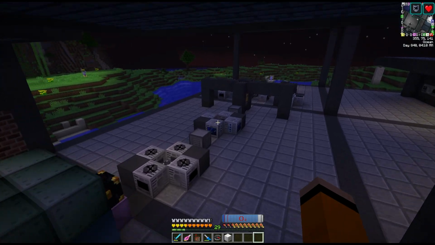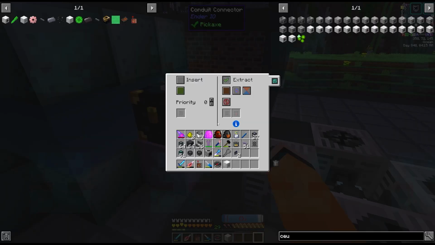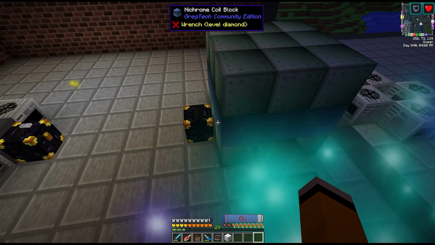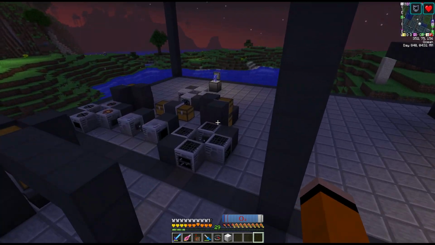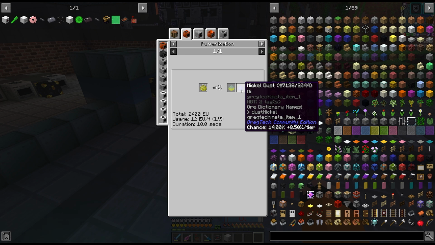Cool, so now that we have upgraded power, I would like to upgrade our ore processing, as this has been a bottleneck ever since we set it up. I have actually turned off this multi-smelter for now. But we have to decide if we want to keep it at EV or if we want to upgrade to IV machines. And the benefit to upgrade the machines to IV is we're actually going to get a better chance